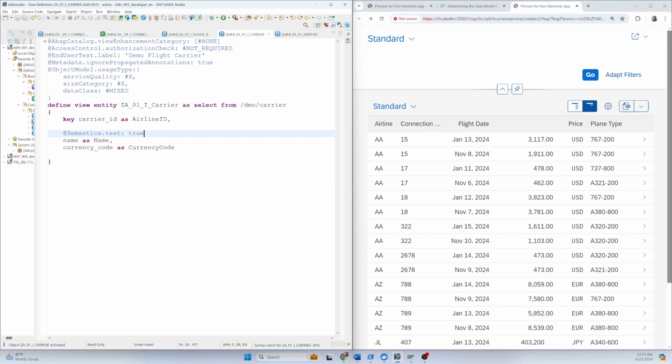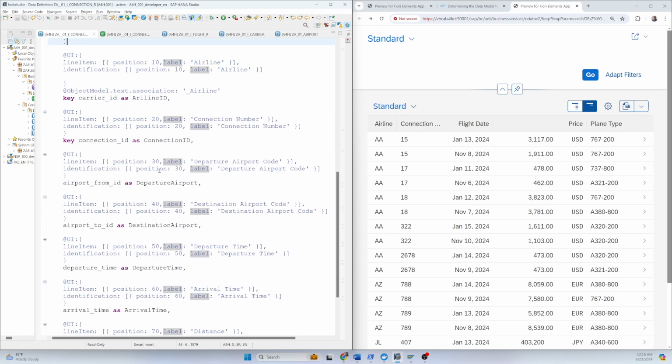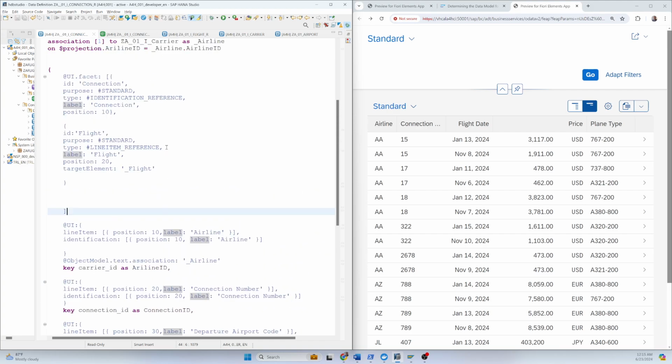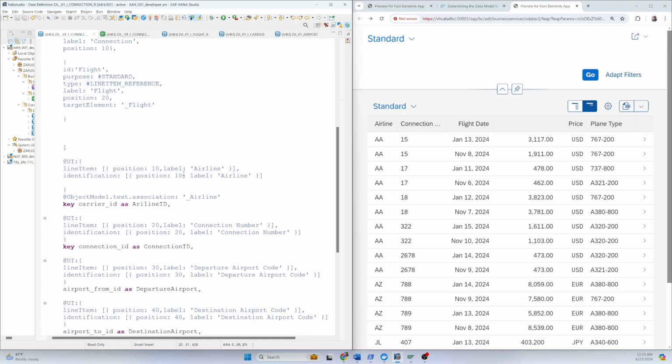I need to activate here currency code, and if I open that connection, in that connection I also use that association with one being the flight and another being the carrier, and that airline ID projection airline ID airline, that is the airline ID, and in that airline ID